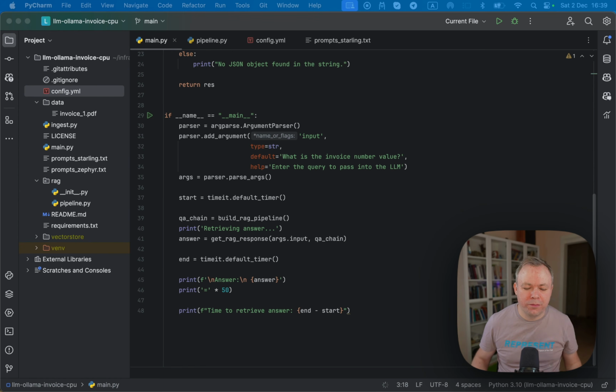Okay, so let's see the code. What we've got here is the Ollama Invoice CPU application. The URL for this source code is available below the video. It's on GitHub. You can download it and run it in your own environment. And the main idea was to keep it simple, so